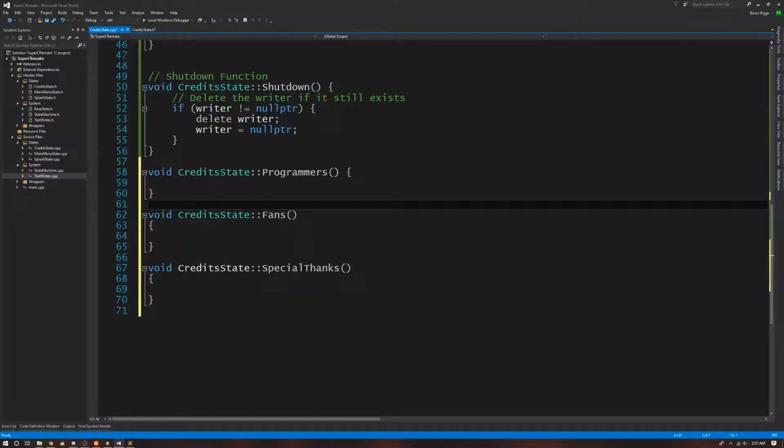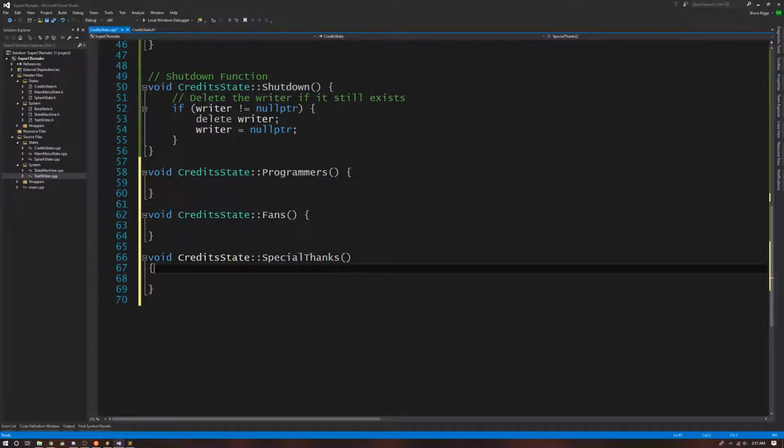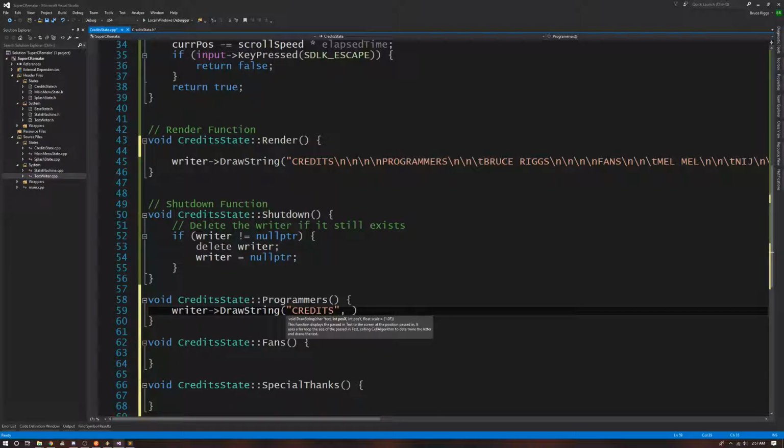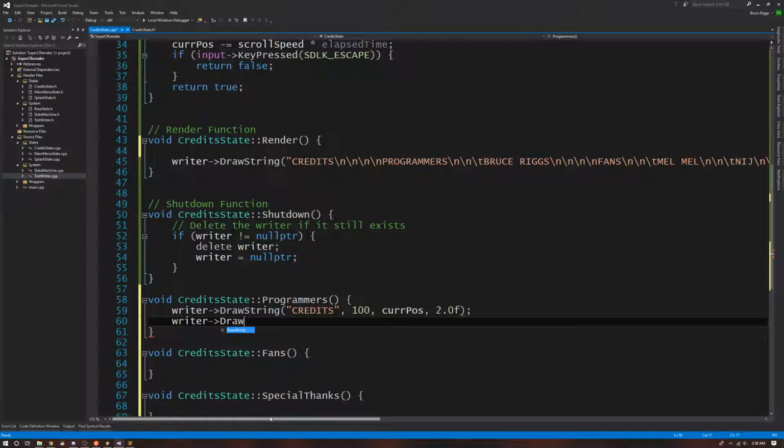Alright, so now they each have their own section. We can fix, that way I don't have to try to do the math for each one. I can break them into sections. So for programmers, I don't need to offset at all. I can just draw. So let's do writer, draw string, credits at, I don't remember the original position, 100 over, 100 cur pause, but a scale of 2.0f. Then after that, drawstring